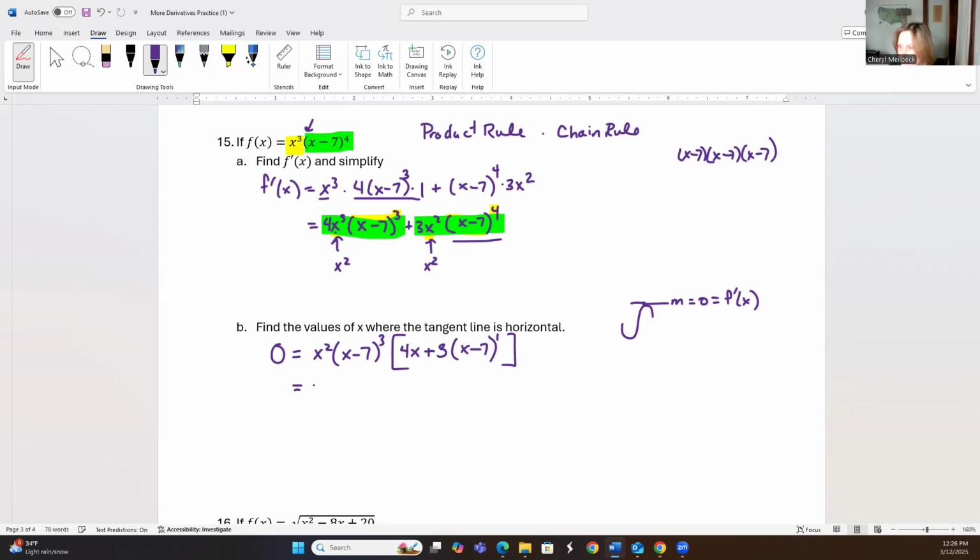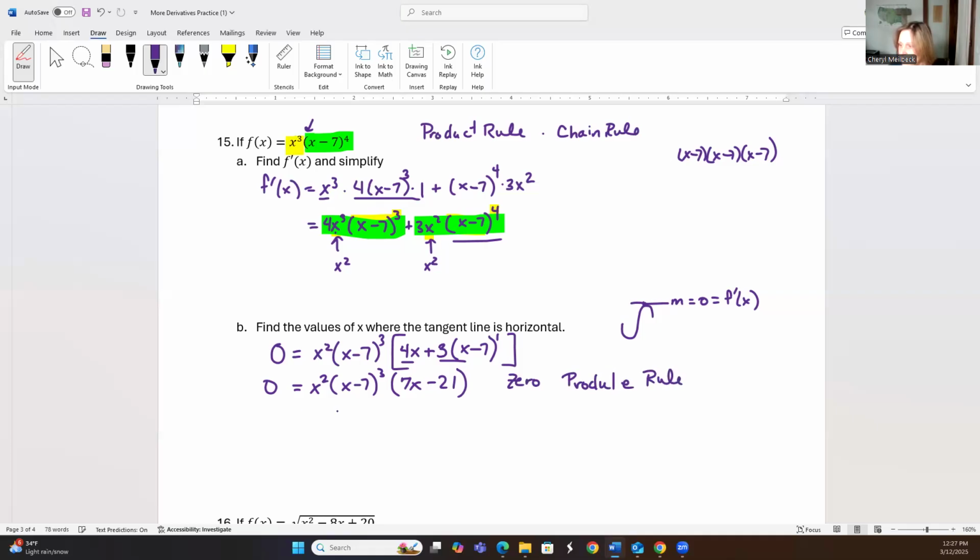Simplifying this, we get 0 equals x squared times (x minus 7) cubed. And then the 4x, and this will become a 3x, will give us 7x. And 3 times a negative 7 will give me a negative 21. So now we can solve this using the zero product rule, which states that if you have things that are